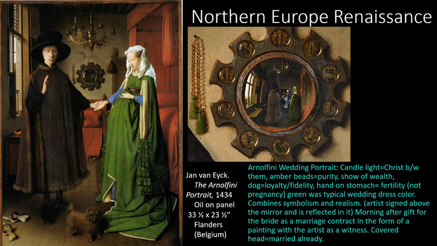So there are a lot of different attributes that Jan van Eyck is using to communicate with us, and we want to go through those and look at them. This is an oil on panel. He's up north, not like the Venetians using canvas yet, and plus it's early. It's 1434, so it's a little early for that. This is an oil on panel, and it is a man standing with a woman.